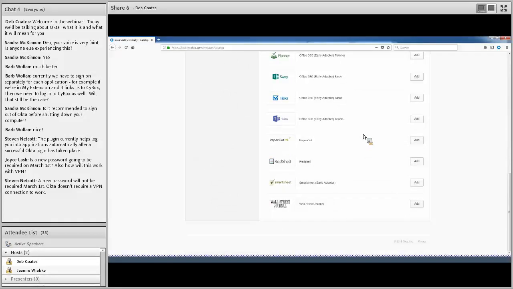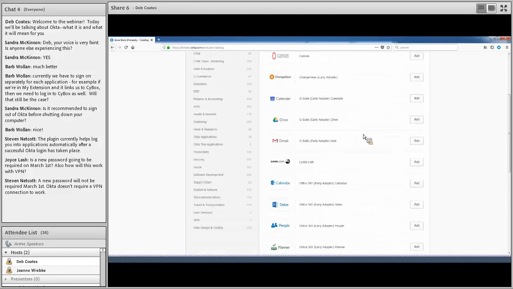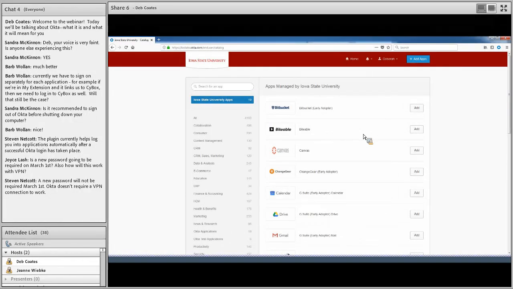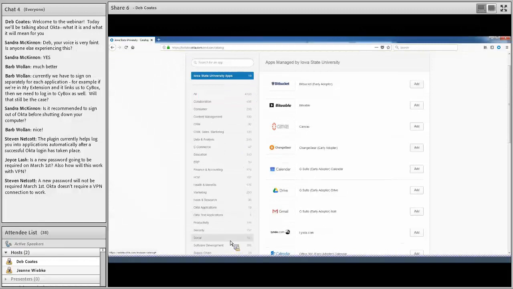Some of these you may or may not have access to. Some of these depend on whether you have a license or not. Some of them are available to everybody. So you need to go by what you're actually using. But there are also a whole lot of applications over here that you can also add if they're applications that